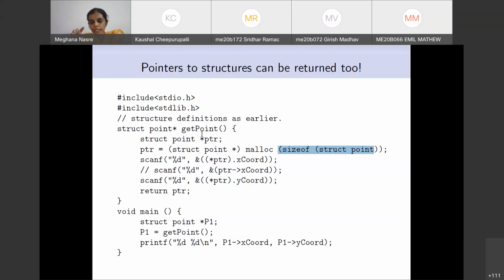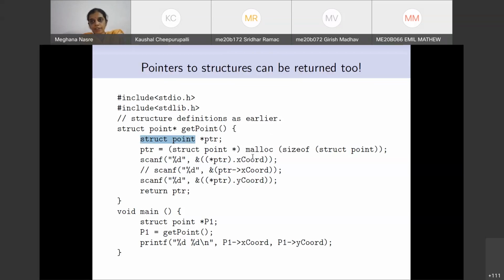Now you need to initialize the x coordinate and the y coordinate. That can be done in multiple ways. We can access this star PTR. Once you do, you know that it will be of the type struct point, and then you can go to its x coord, which is what we want.